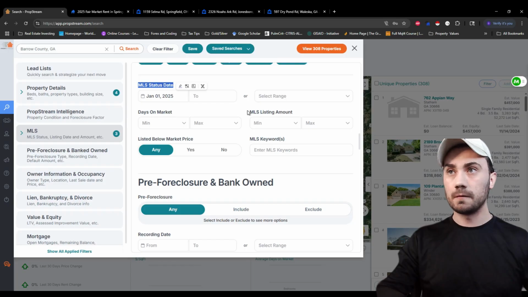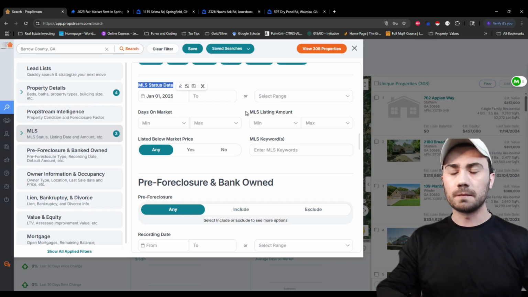The MLS listing amount, I really don't care what the property is listed at. I will tell you though that properties that are under $500,000 on the MLS are probably going to have a greater cash on cash return, are more than likely going to be a better investment opportunity for you as a wholesaler or as the investor. Anything above $500,000 is going to be case by case scenario, property by property, and you shouldn't rule them out,